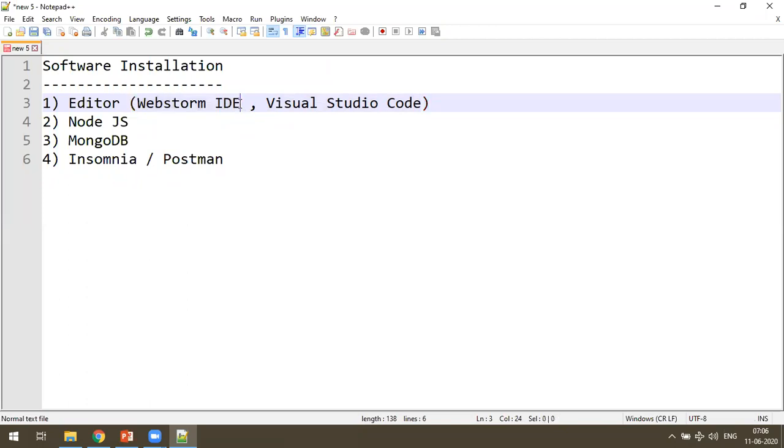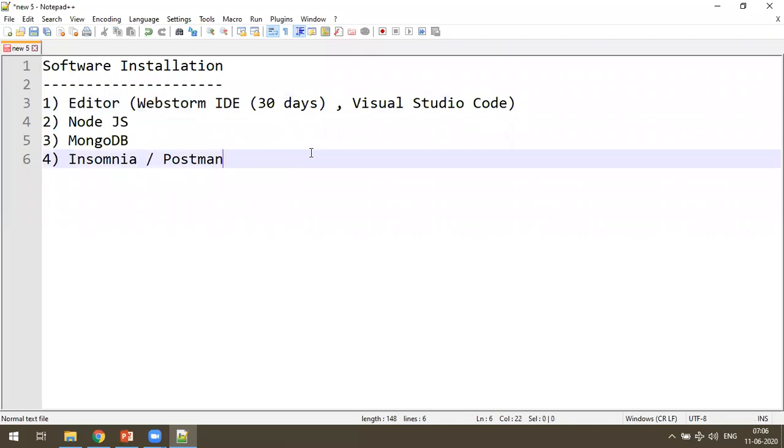But as a trial version, it is free for 30 days. Okay, so 30 days you can use it for free, and then you have to purchase. Don't worry, you can just install WebStorm as of now, and you can use it for 30 days. And in the meanwhile, I will be giving you the full versions, which work for you for a lifetime. Okay, I hope that's clear.